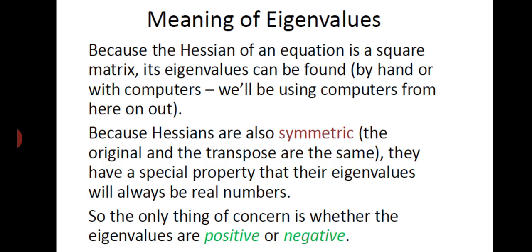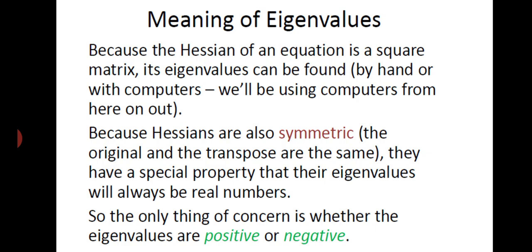It is very important, because the Hessian of an equation is a square matrix. When you calculate the eigenvalues of this Hessian matrix, which is a square matrix, you can do it with an algorithm or manually, but it is not possible to find the eigenvalues of a huge matrix manually. So you can apply a MATLAB program or some eigen command, and you can find them.